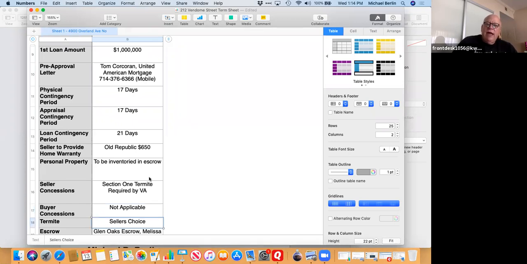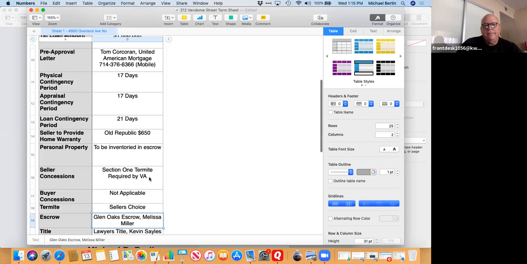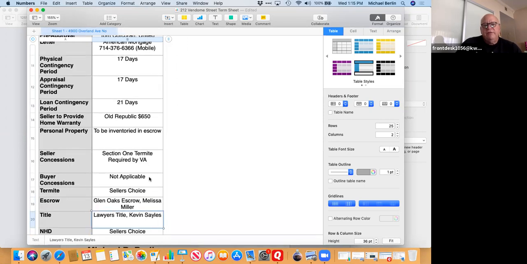Termite, again, if you're asking the seller to pay for it, then you should let the seller pick the termite company. If the buyer is going to do their own inspection, then it could be buyer's choice, or you'd fill in a name. Escrow and title, again, these are my preferred vendors, but you could have a different vendor, or often you're going